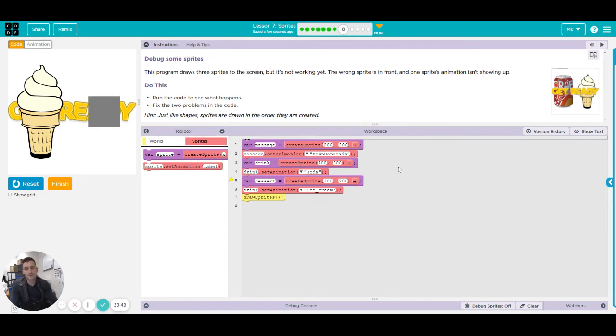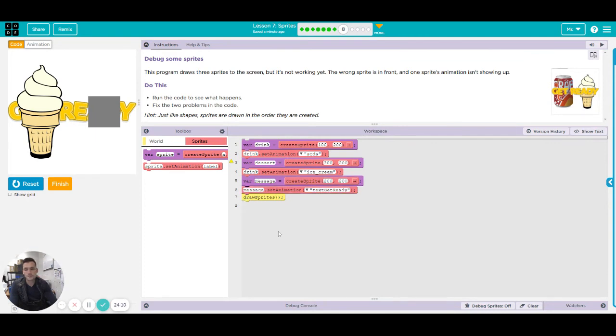So what I need to do first, because I have to get ready on the front here, I'm going to highlight, left click and drag, and select lines 1 and 2 because that's my message. And I'm going to drag that to the very bottom, but right above draw sprites, because it can't be after draw sprites, otherwise it won't get drawn at all. Okay, so I'm going to drag it so that the yellow highlight is right above draw sprites,